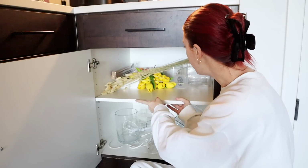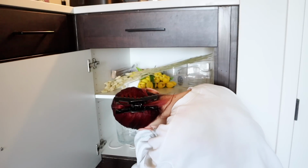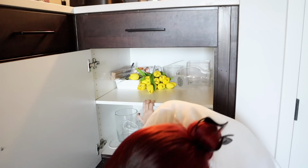Oh my gosh, this cabinet is broke. Do you guys see that? Why is it like that? Oh no, the balance is just off. Okay, let me just